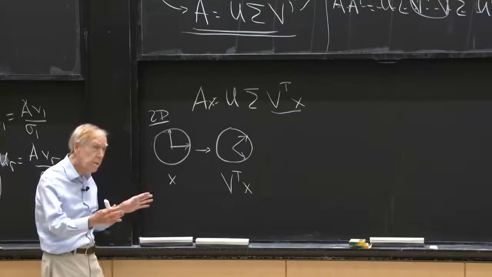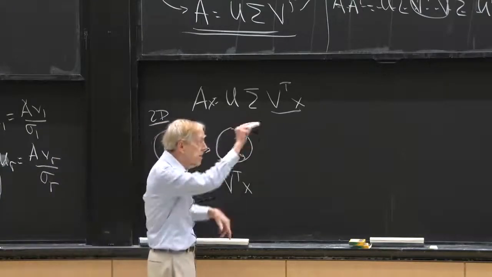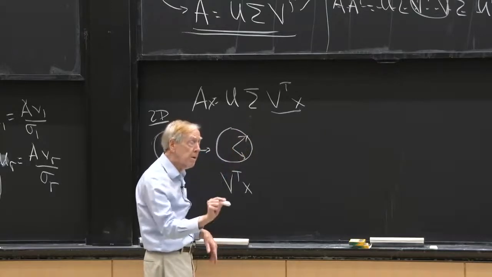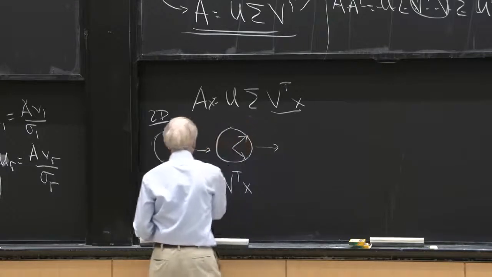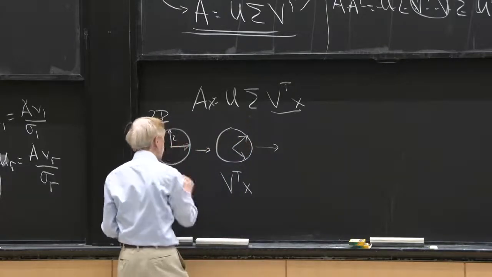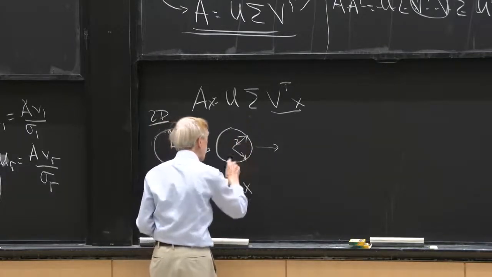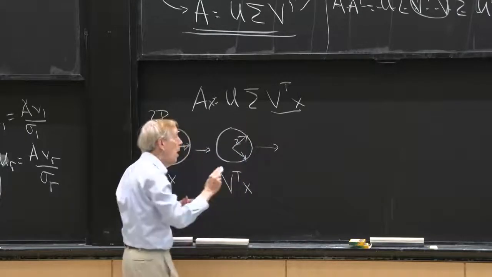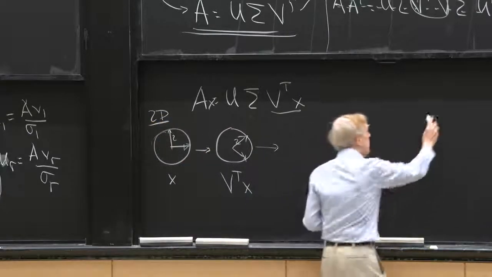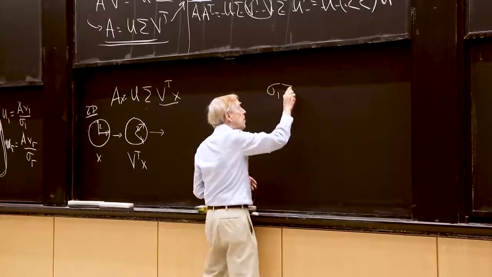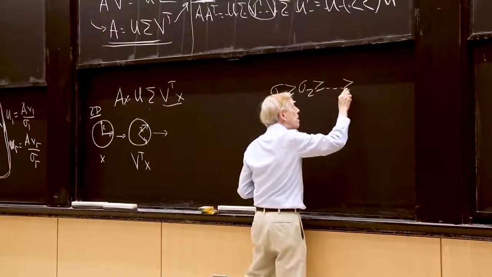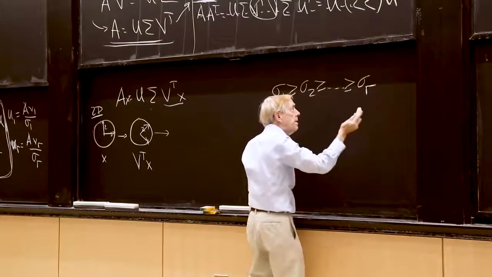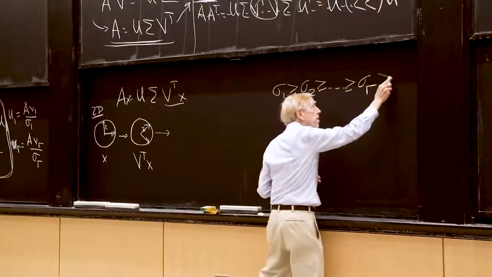It stretches, because sigma multiplies by sigma 1 in the first component, sigma 2 in the second. So it stretches these guys. And let's suppose this is number 1 and this is number 2. So sigma 1, our convention is sigma 1, we always take sigma 1 greater or equal sigma 2 greater or equal whatever greater or equal sigma rank, and they're all positive,